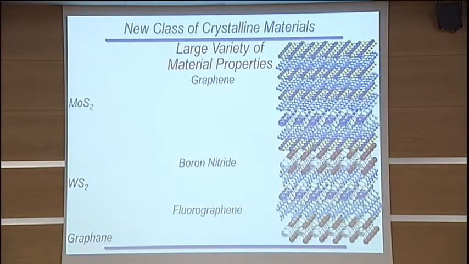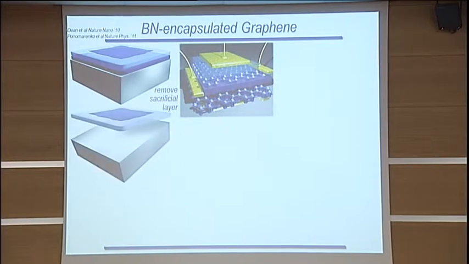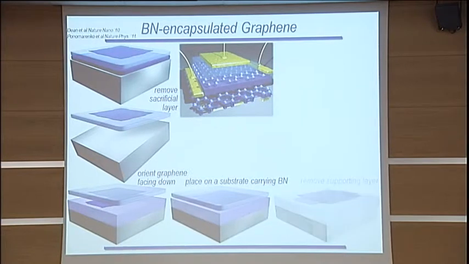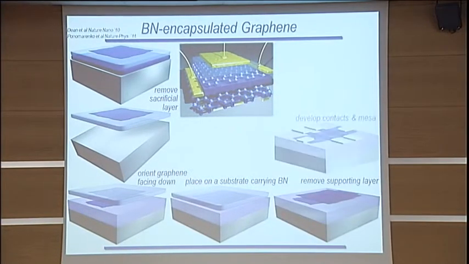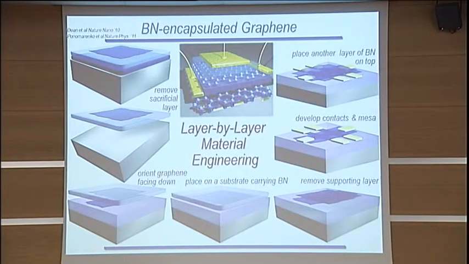So you probably have seen it several times on this conference already. I would just briefly say that it's a little bit of a painful job to do. How it is produced, it's all by hand, all done by mechanical exfoliation. Typically, you would create your two-dimensional atomic crystal on a double sacrificial layer, lift it up, flip it over, put it on another one, remove the sacrificial layer, do all the lithography contacts, whatever you want, and then repeat this